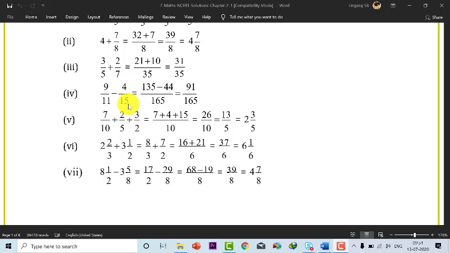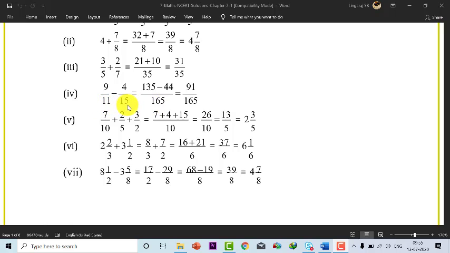Next we can move to question number 4, which is given 4 by 11 minus 4 by 15. So the LCM for the denominators is 165. So 11 ones are 11. So here 15 into 11 is 165. How do we get it? 15 ones are 15, 5 you can write in the unit place and 1 carry to the tens place. So 15 ones are 15, once again 15 plus that 1 carry will be 16. So we finally got 165 as the LCM.